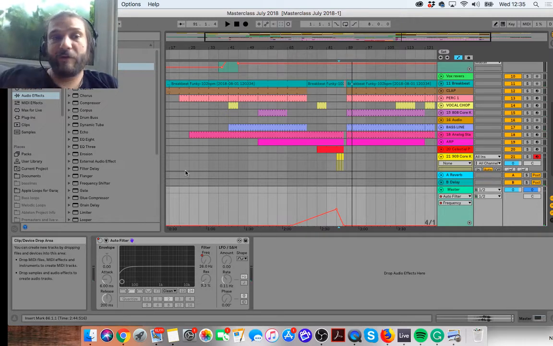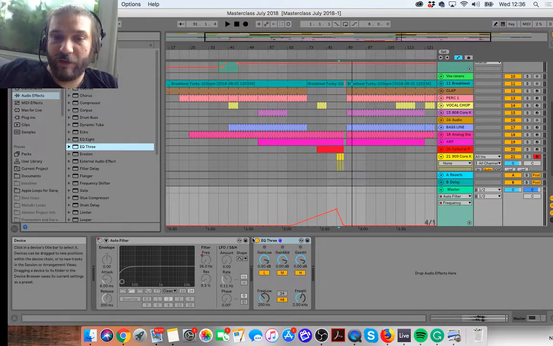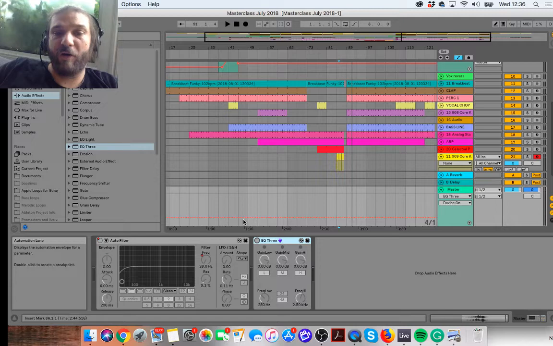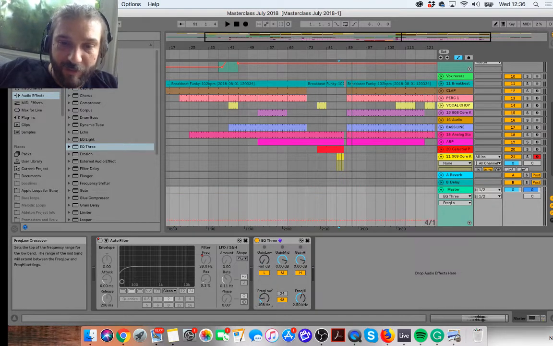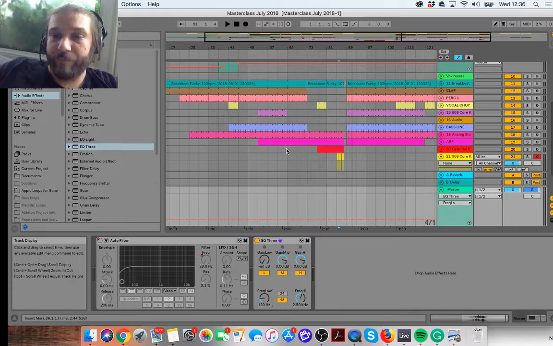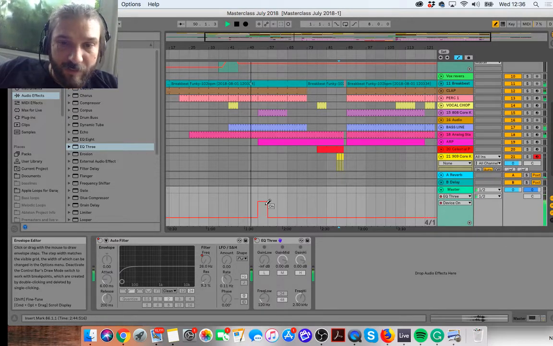The other thing you can do is you can use EQ3, it's a nice one, but once again, it's really important, even more important I think with EQ3, that you have it set to device off. And then I quite often use this, not necessarily in the breakdowns of the tracks, but at places throughout the tracks to give like a DJ dropping out the bass kind of effect. So I'll turn my bass down like that, turn the frequency down a little bit like that, and then have the device off, and then anytime I want to introduce that DJ effect, I can just